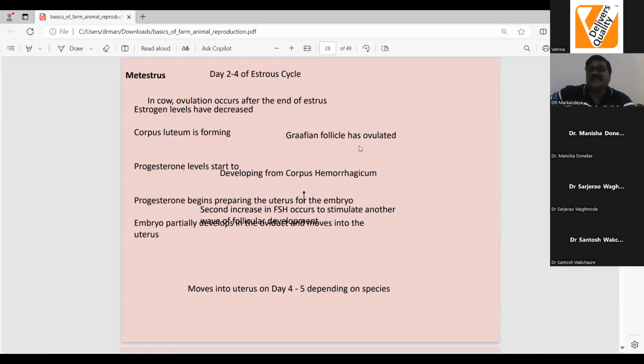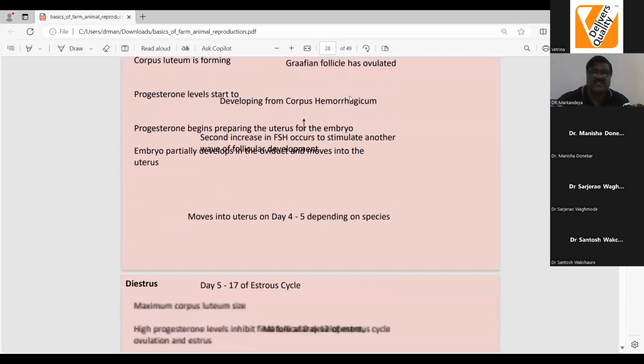It is characteristic only in the case of healthy crossbred and HF type of cows, exceptionally in some well-grown, well-developed, well-BCS carrying native cows. During this luteal phase, that is the metestrus phase, chances of fertilization are there. The animal is in the phase of fertilization and post-fertilization events, and therefore these internal events are going on during metestrus. The next one is the diestrus stage.